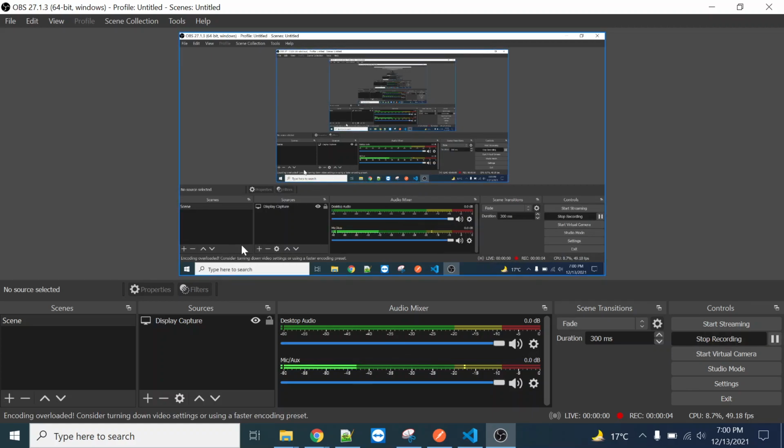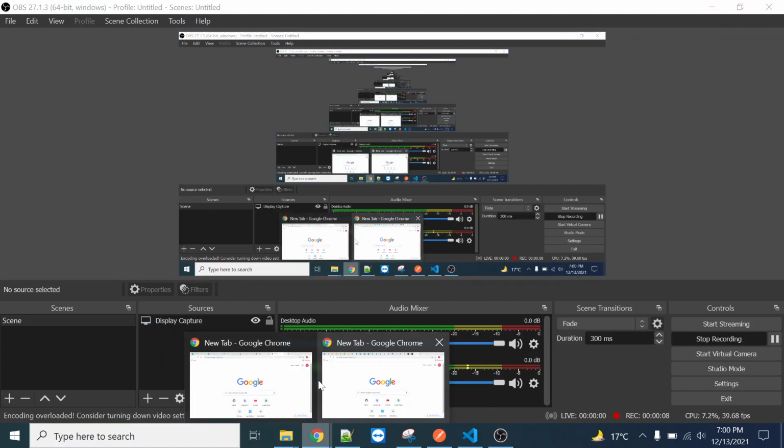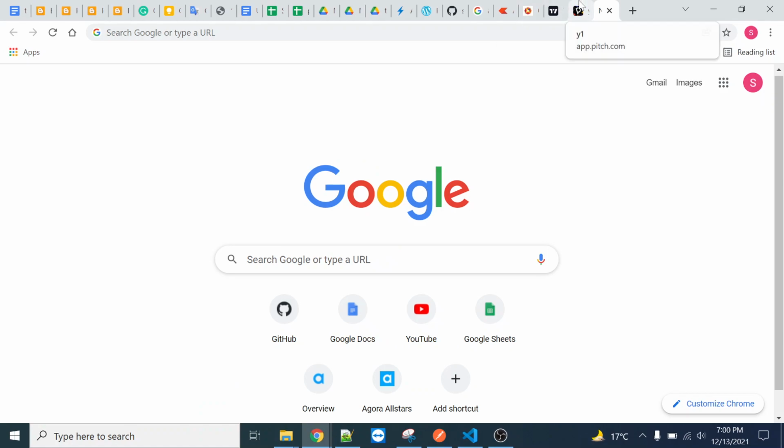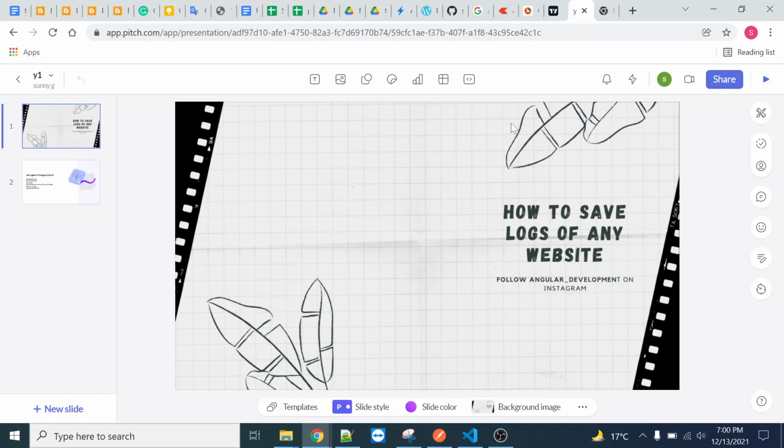Hello guys, today I will talk about how you can save logs of any website. So let me present my screen. You can easily save the logs of your website